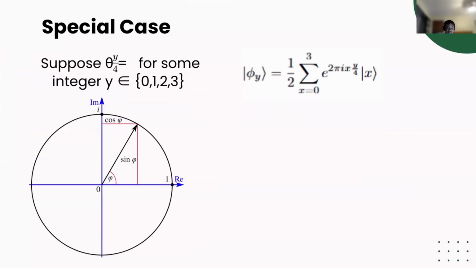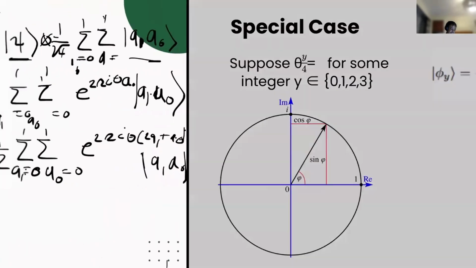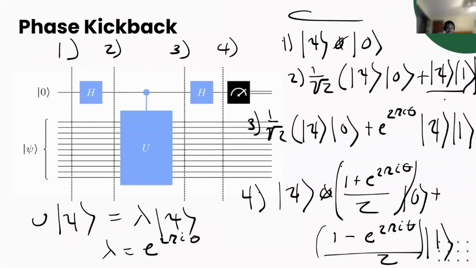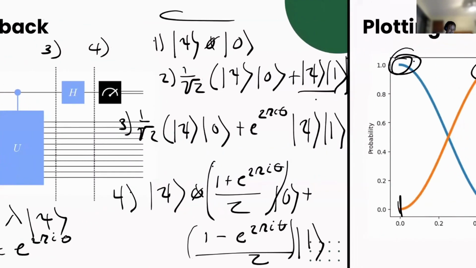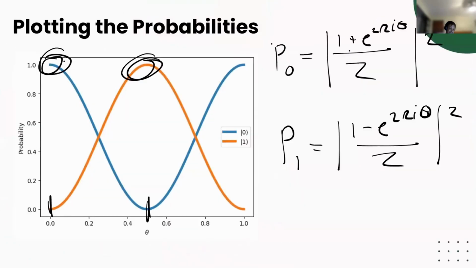Okay, so that was kind of a lot. Let's maybe take a step back here and look at some questions. So let's see. It seems like you guys are pretty good on this. I see someone said they weren't able to connect the slides. Okay, well, just to give a brief overview of what happened. We were looking at a phenomenon called phase kickback. And so we wanted to see what would happen if we applied our controlled unitary to this Hadamard state. And we found that when we did that, we get a state with these kinds of probabilities. And these probabilities are tied to theta.